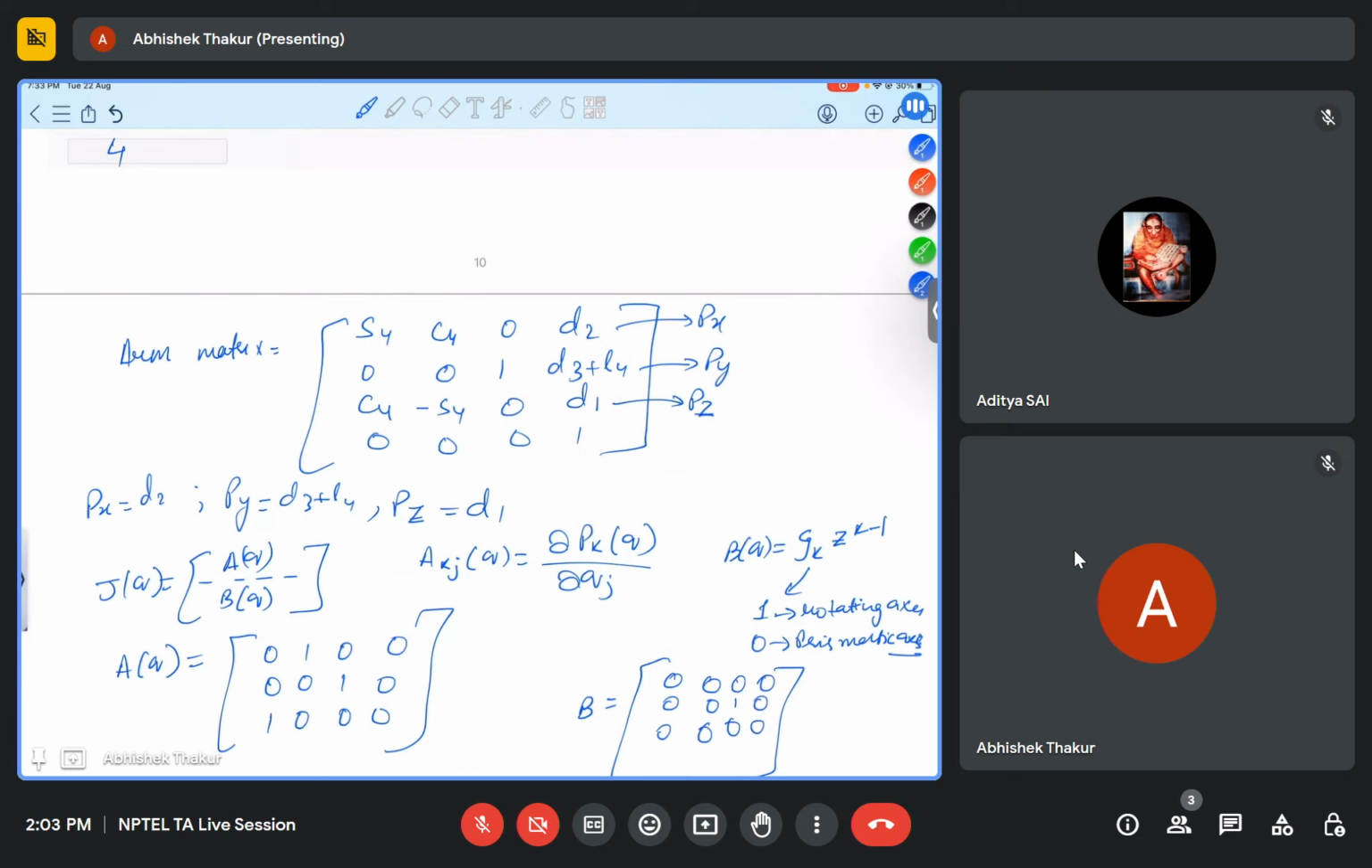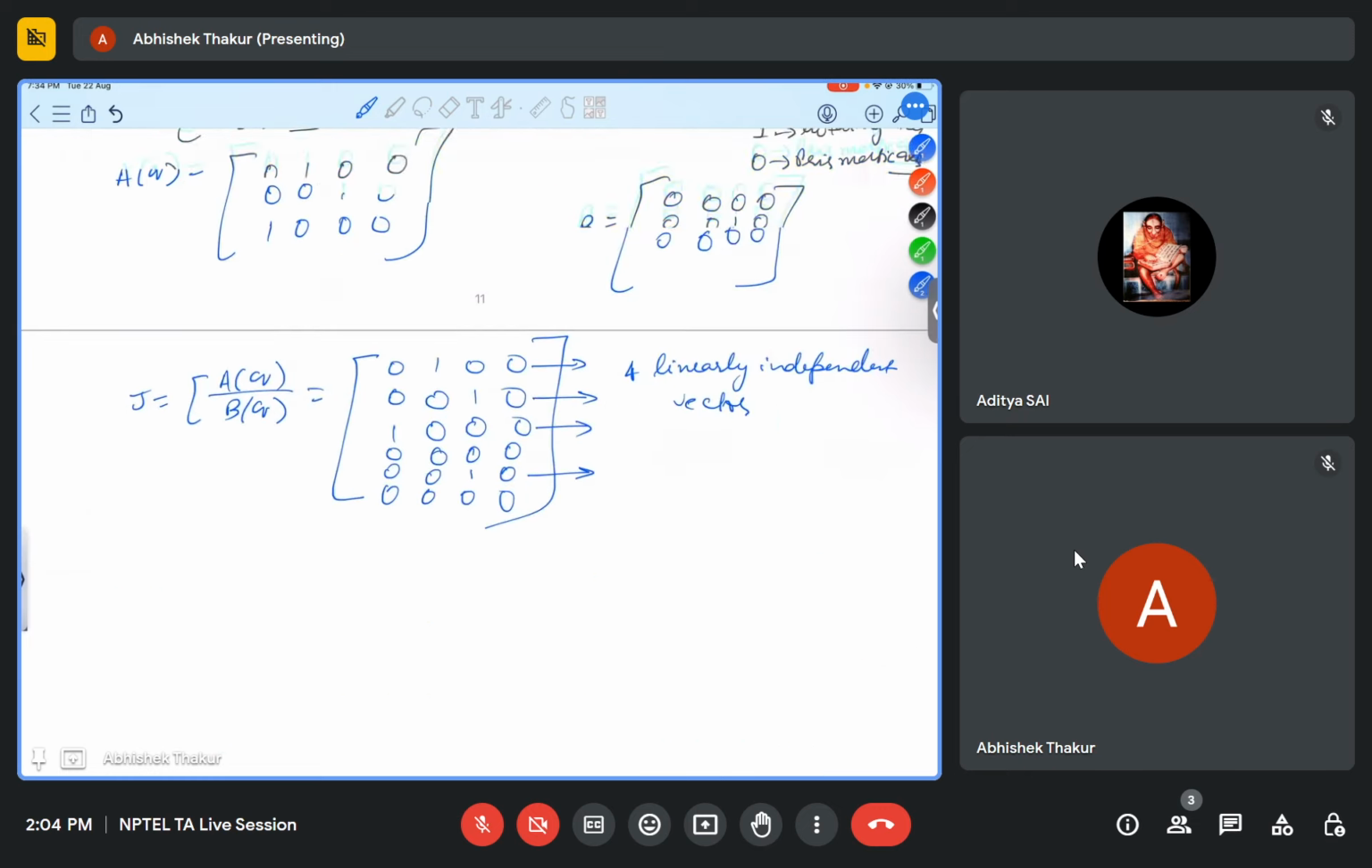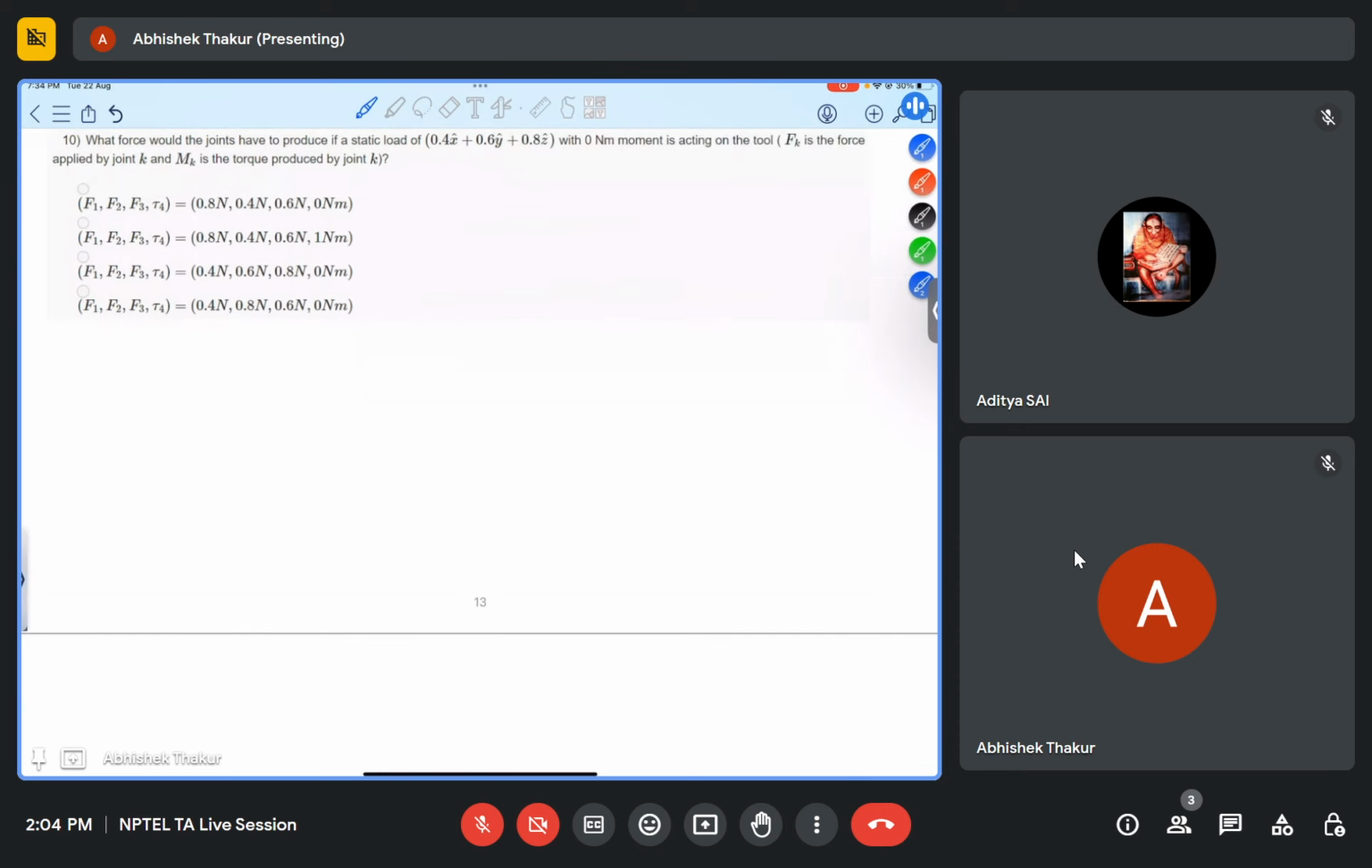Now moving to the next question. In this question, the force values are given. What force would the joints have to produce if a static load of 0.4 x plus 0.6 y plus 0.5 z with 0 newton-meter moment is acting on the tool? Fk is the force applied on joint K and Mk is the torque produced by joint K. So here our